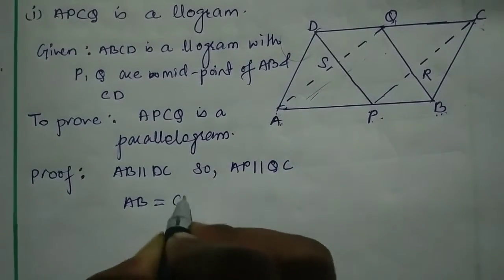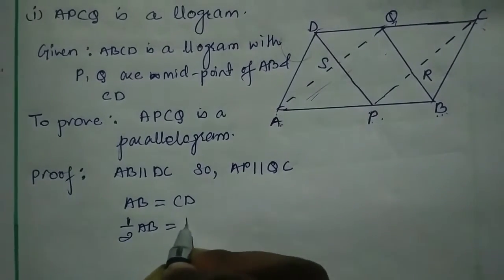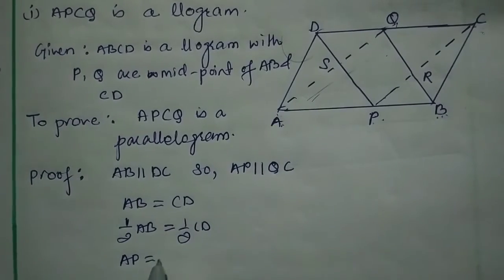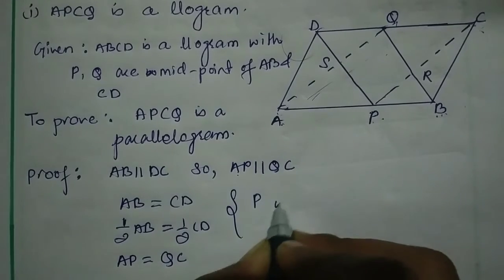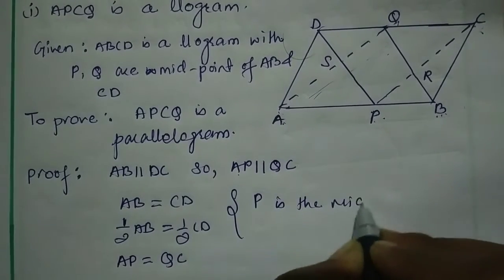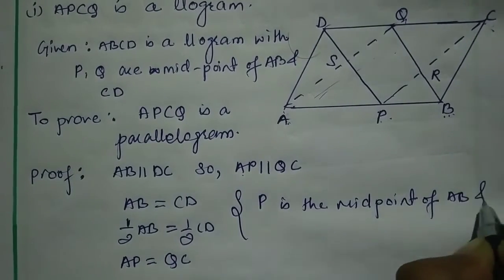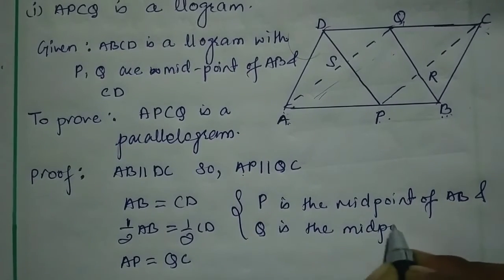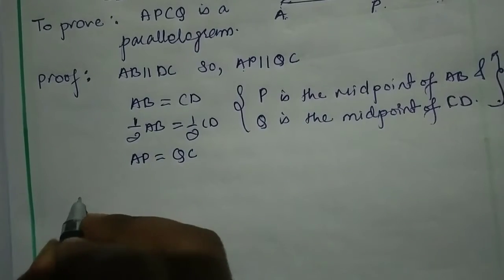AB equals CD. Half of AB equals half of CD, that is AP equals QC. Okay, this AP equals QC. P is the midpoint of AB and Q is the midpoint of CD. So we get